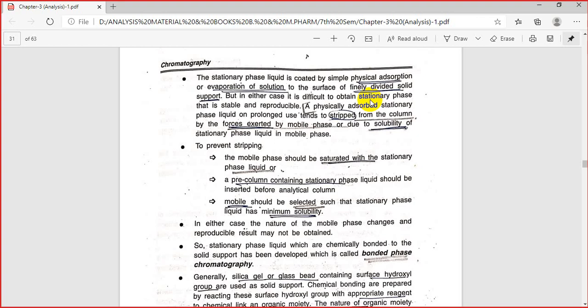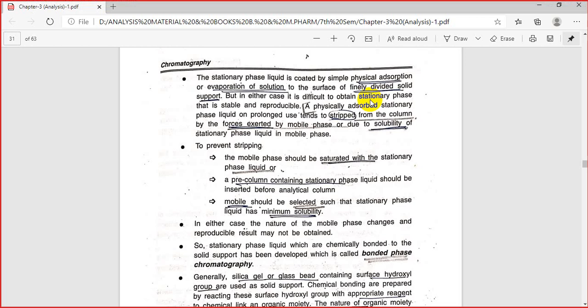But what is happening here? To prevent the stripping, we are changing the mobile phase composition. Why does it matter? Because the separation depends upon the mobile phase composition also. If you change the mobile phase composition, you may not get the exact separation you were getting, you may not get proper separation. Here the mobile phase is saturated, or allowed to pass through the pre-column which is containing